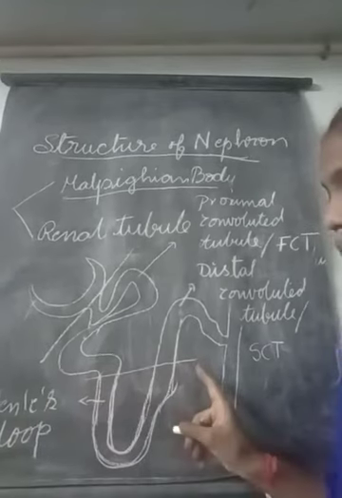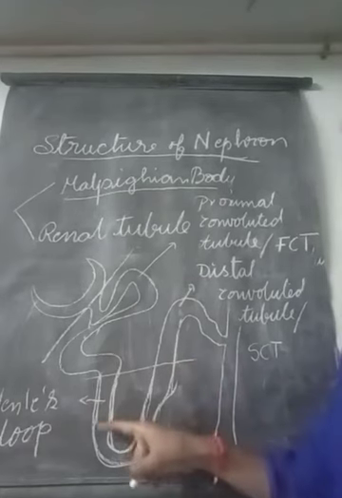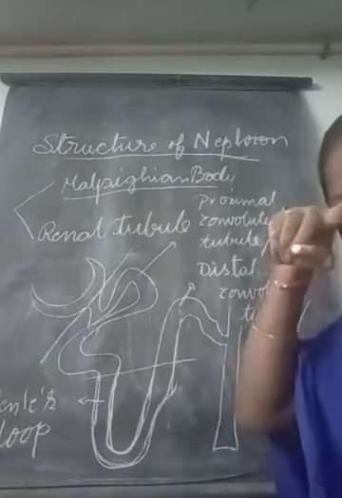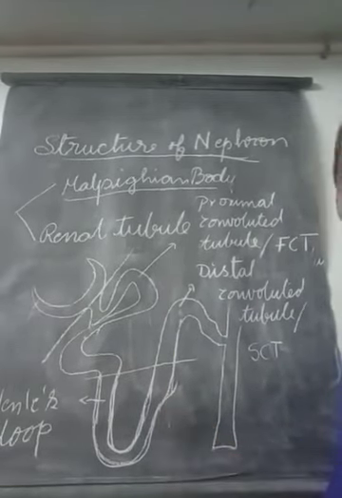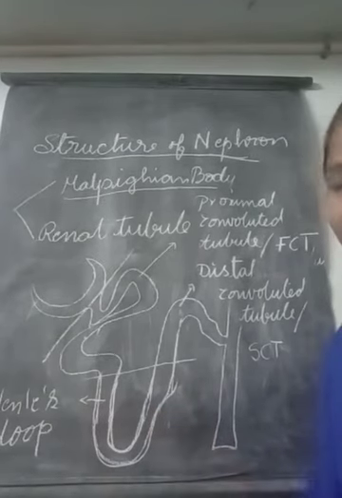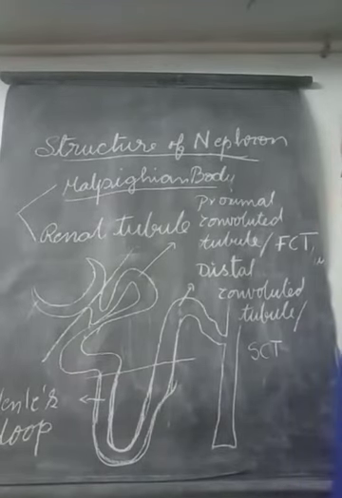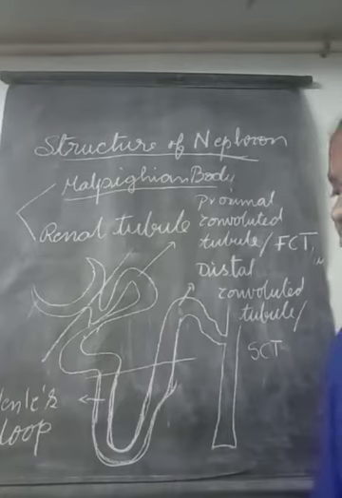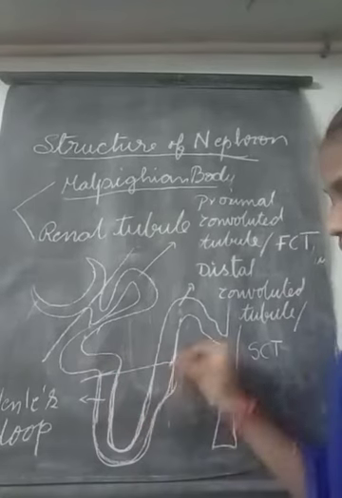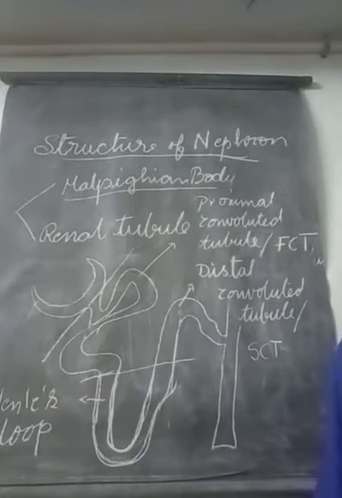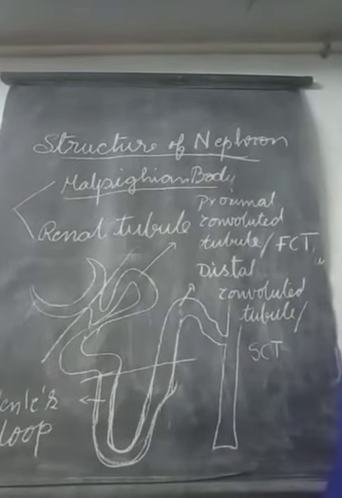This particular part is called Henle's loop. Loop means a complete turning, a U-turn. A complete turning it has taken. That's why it is called a loop. This particular loop was observed by the scientist Henle, so upon that scientist's name they gave that part its name. What is that part name, Amma? Loop of Henle or Henle's loop.